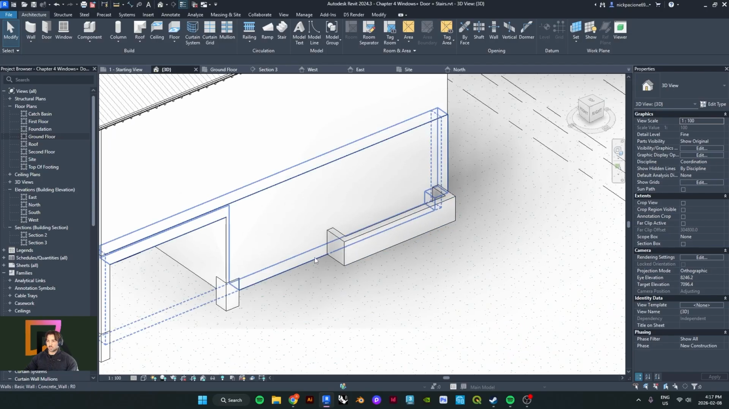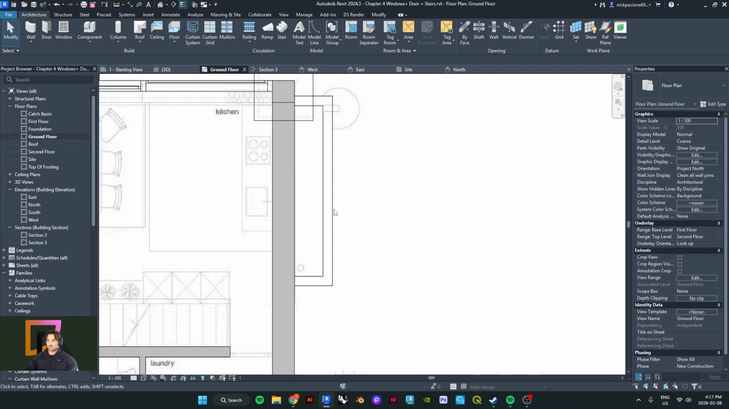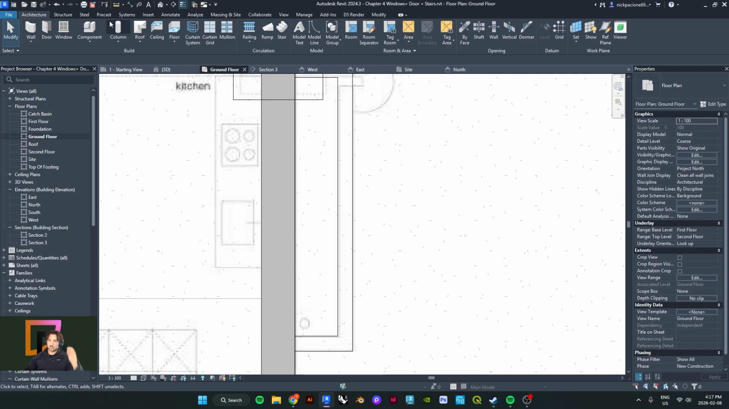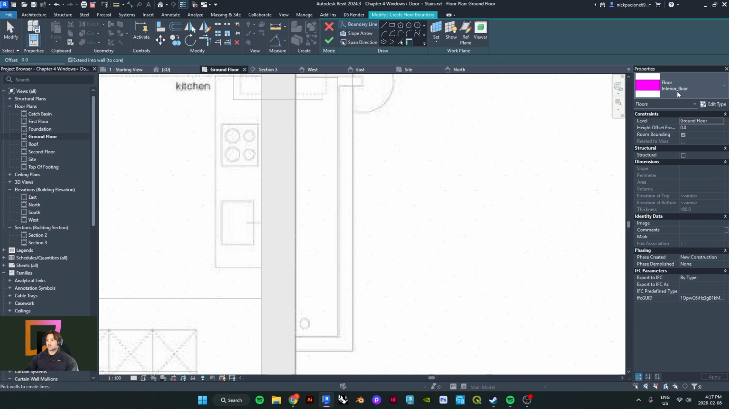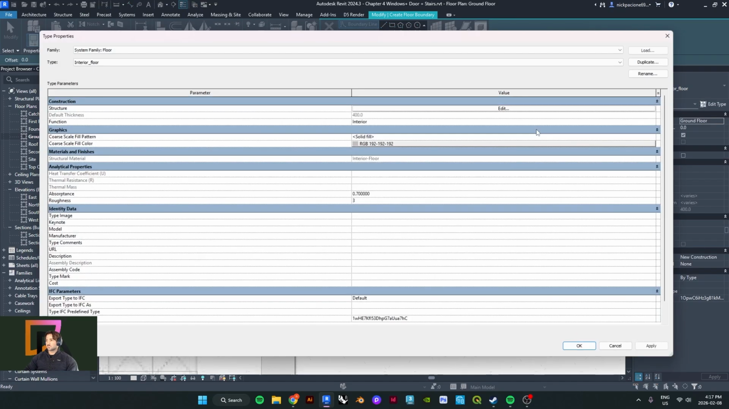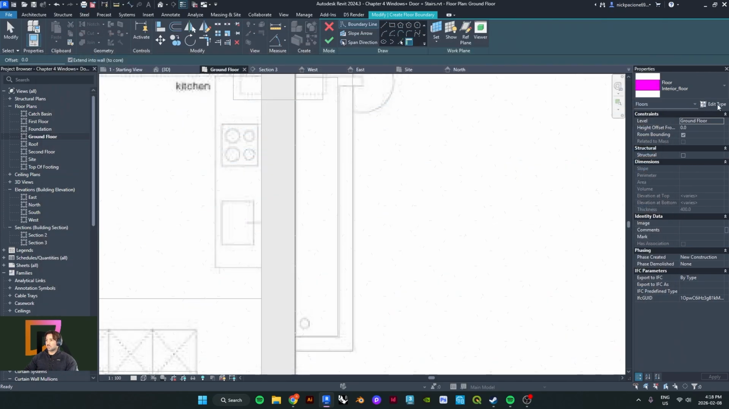And we're now just going to create a floor for this. So simply, as we've done previously, go to floor. We can maybe duplicate this